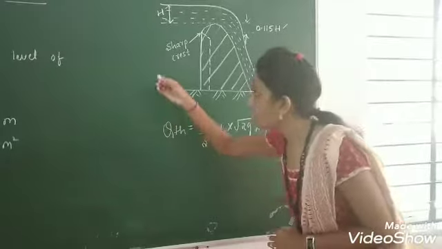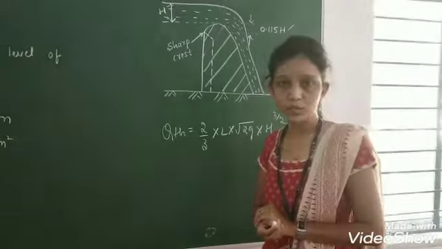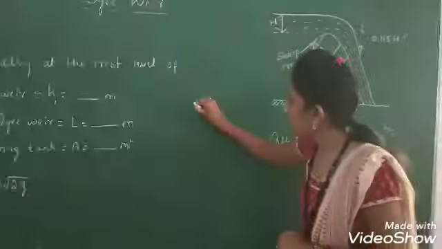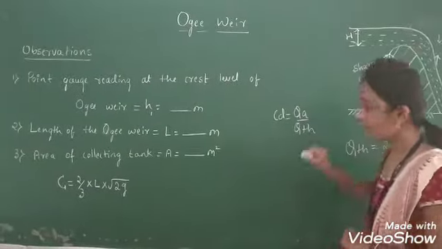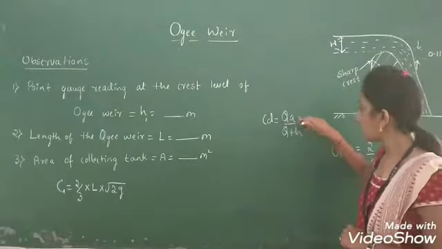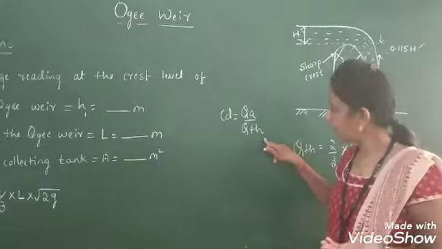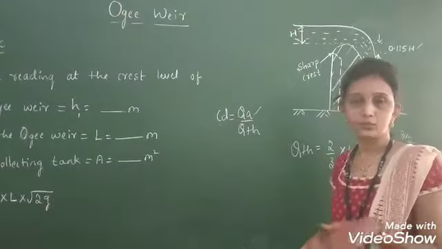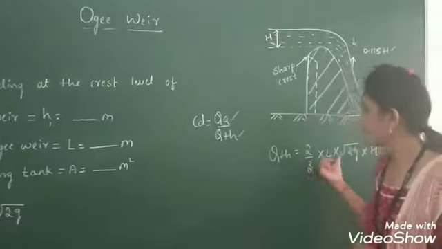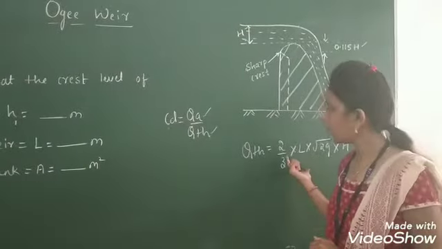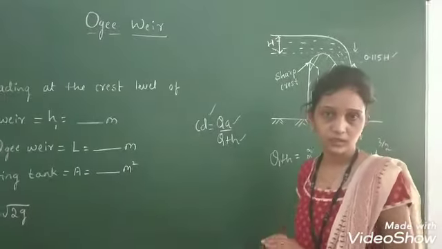Okay. And here in this experiment OG weir, our aim is to determine the coefficient of discharge. We know the coefficient of discharge formula, CD is equal to QA by Q theoretical. Okay. So CD is the coefficient of discharge, QA is nothing but actual discharge, QT is nothing but theoretical discharge. Okay. So this actual discharge we can measure by conducting the experiment, and for Q theoretical we have an empirical formula. By using that we can calculate the Q theoretical value. If you substitute, finally you can get the value of coefficient of discharge.